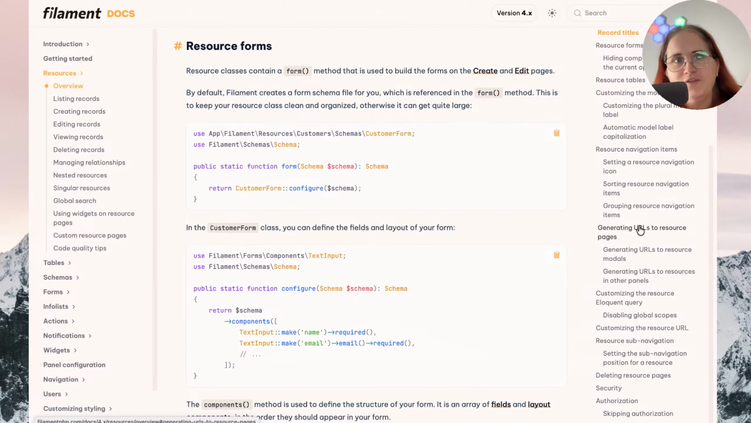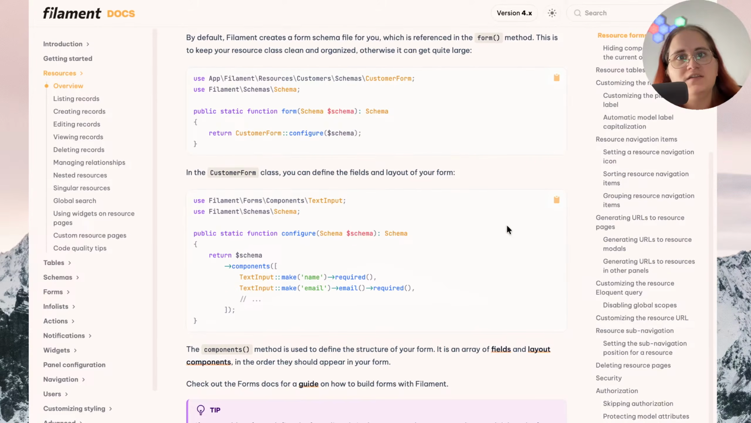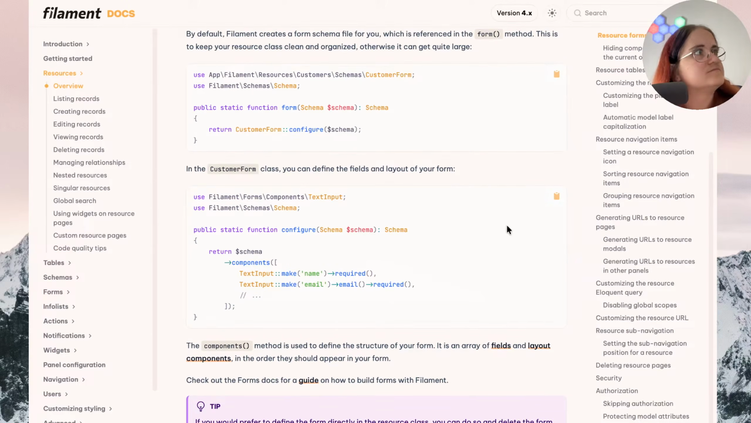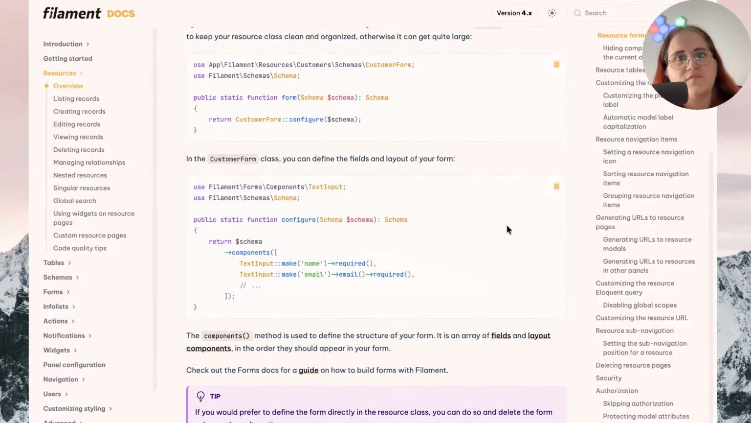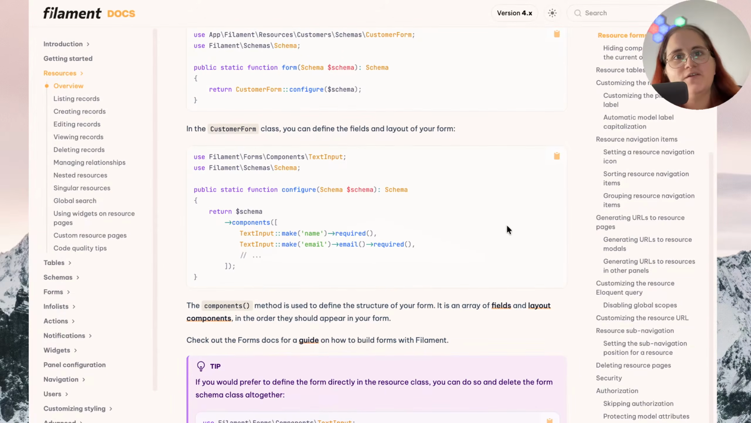Resource forms. Resource classes contain a form method that is used to build the forms on the create and edit pages. By default, Filament creates a form schema file for you, which is referenced in the form method. This is to keep your resource class clean and organized, otherwise it can get quite large. use App\Filament\Resources\Customers\Schemas\CustomerForm; use Filament\Schemas\Schema; public static function form(Schema $schema): Schema { return CustomerForm::configure($schema); }